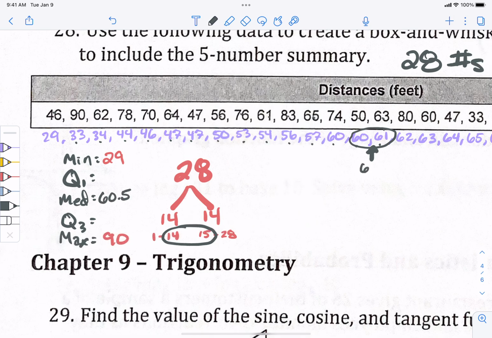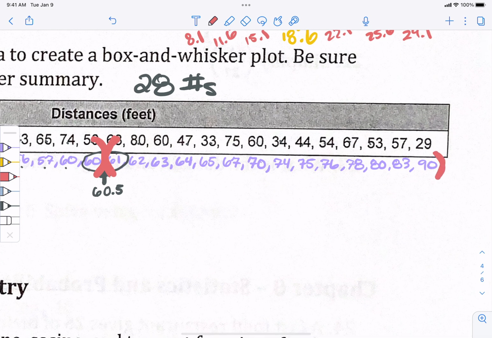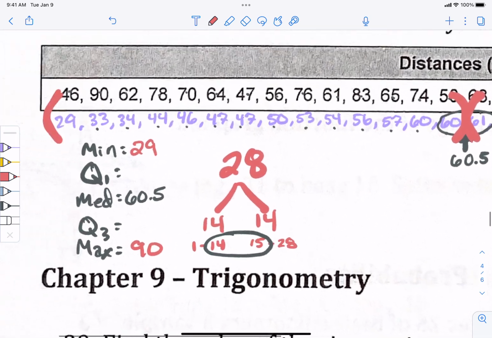So 60.5. Now, if that was an actual number in my data set, if we had an actual median that was in my data set, I would cross it off. But now I don't. I use 60 when I find my Q1, and I use 61 when I find my Q3. Does that make sense? Do you know what I'm talking about? Otherwise, I cross it off. Now I have 14 numbers here